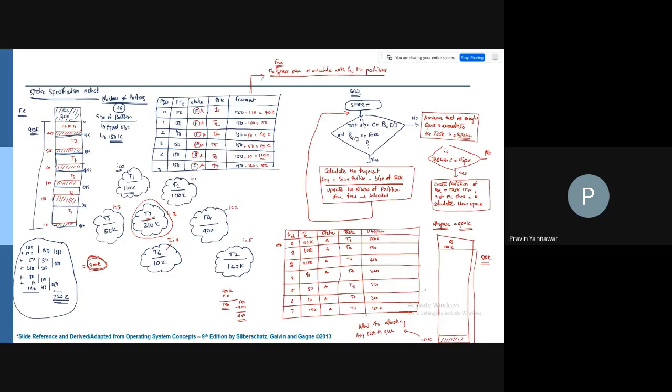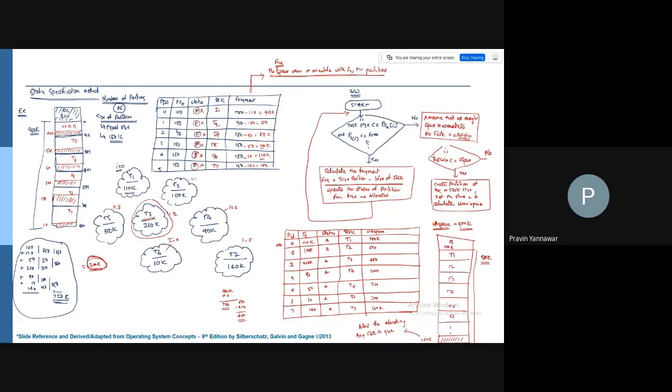So it is going to be like this: you can have T1 here, T2, T3, T4, T5,